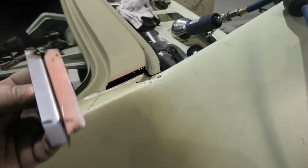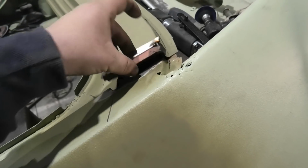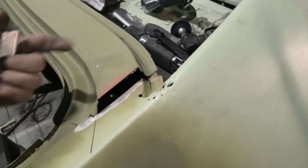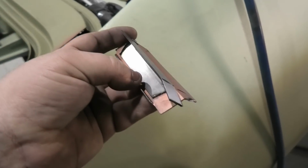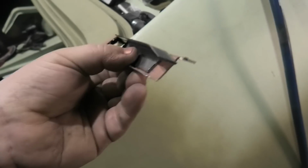Alrighty chaps, now this is what I was talking about. I've just tacked, so this is effectively that panel, and this is the edge of the quarter panel. So obviously it was tacked in there. I put one tack because I'm going to grind that tack out eventually, but this is actually how the factory joined them together. So effectively under the car here, if you looked up, you'd see a little bit of the quarter panel that would come down, have a little kick in it, and then this filler panel would sit in there, and you'd find 3 or 4 spot welds through here. I'm going to stick 3 in there, I reckon. 1, 2, 3, and then I'll have my joins